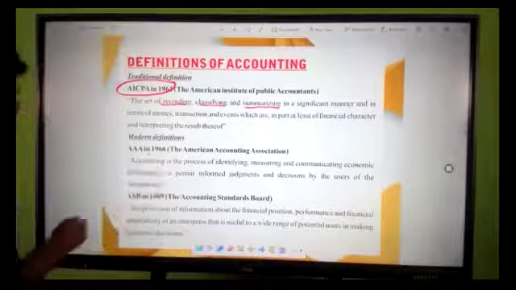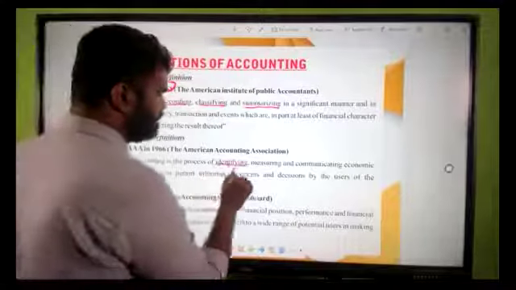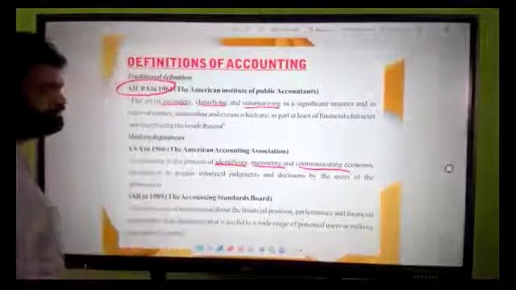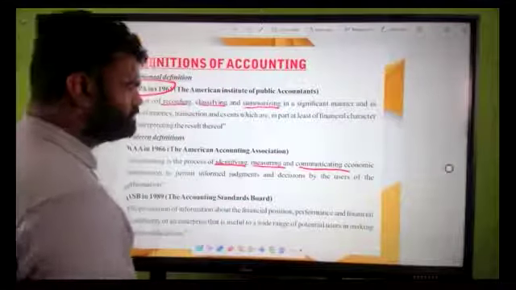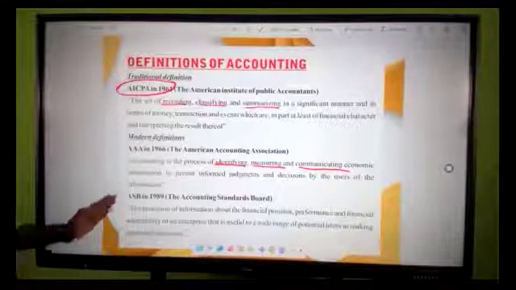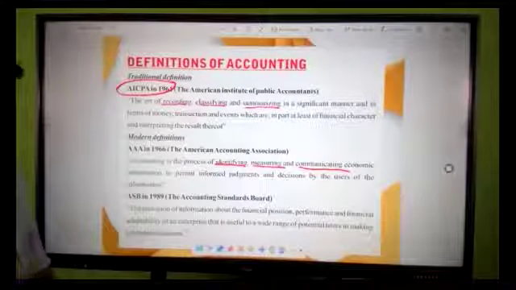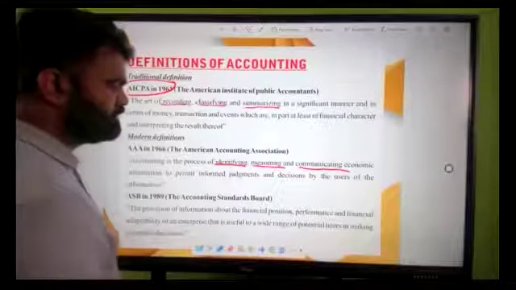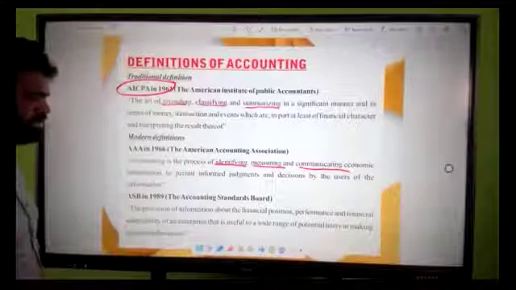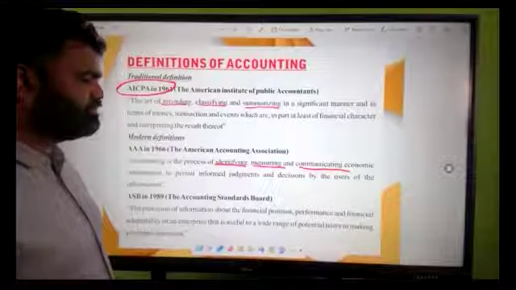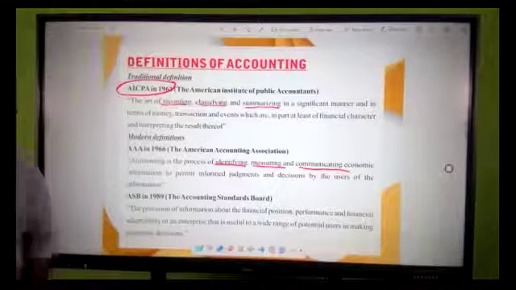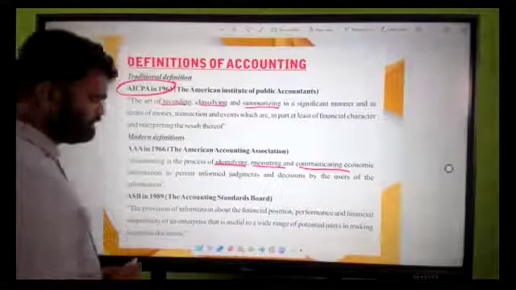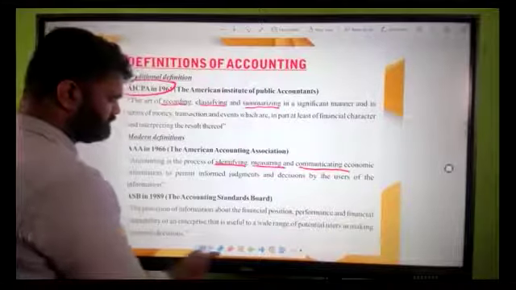But the modern definition says that accounting is a process of identifying, measuring, and communicating economic information to permit informed judgments and decisions of the users of the information. The American Accounting Standard Board says it is the provision of information about the financial position, performance, and financial adaptability of an enterprise that is useful to a wide range of potential users in making economic decisions. They also declare some functions here, right? But you know that basically when we are talking about accounting functions,